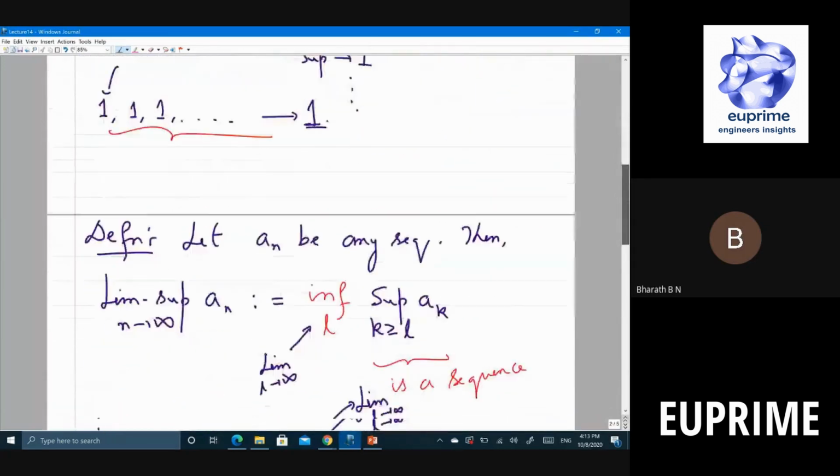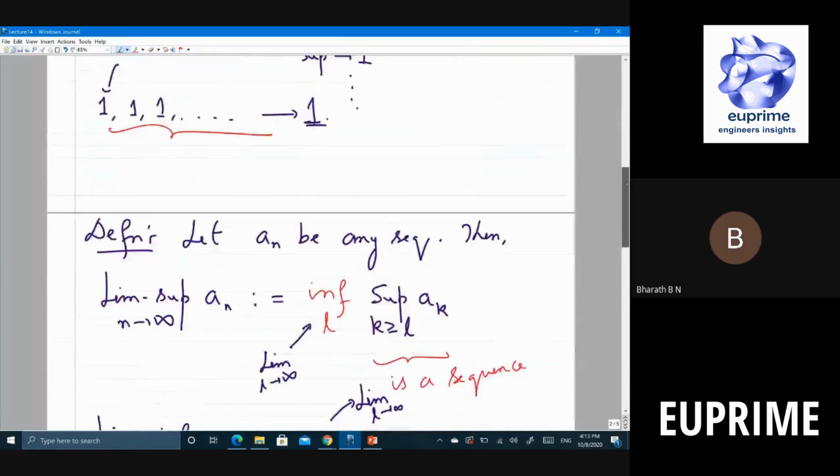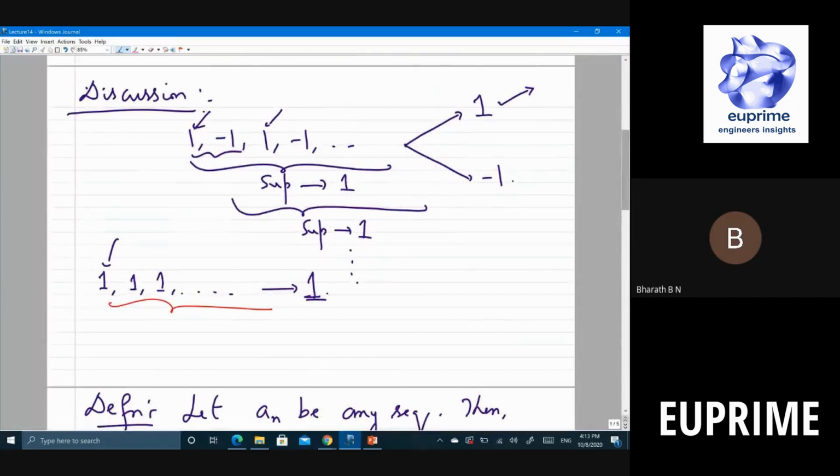We were looking at the notion of lim inf and lim sup. So for lim sup, what you do is you take a sequence and take the supremum of that. For example, here the sequence is 1, minus 1, 1, minus 1, which doesn't converge, it diverges, right? You take the supremum of that. The supremum is 1, right? You leave out the first term and then take the supremum of that. It's 1, and so on. You get a sequence of 1s and you take the limit of that.